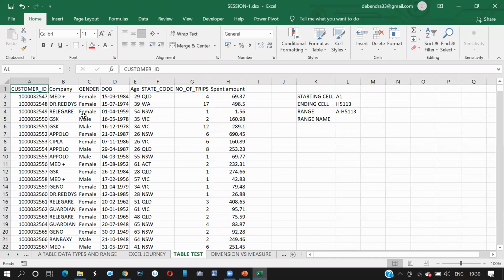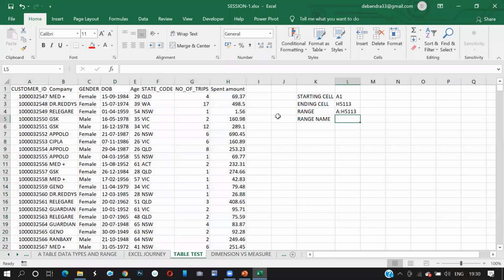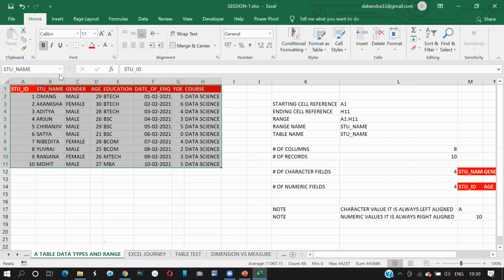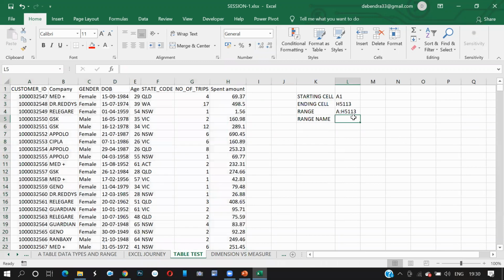Okay. Now you have a range name. What can you do here? Select this data and go to the corner, called made_Australia. So if you select your range name, it shows only the data selection. If you select it here for student_name, it goes to this range. If you select this, it comes to this range. Yes or no? So what is the range name? Made_Australia. What's the table name?